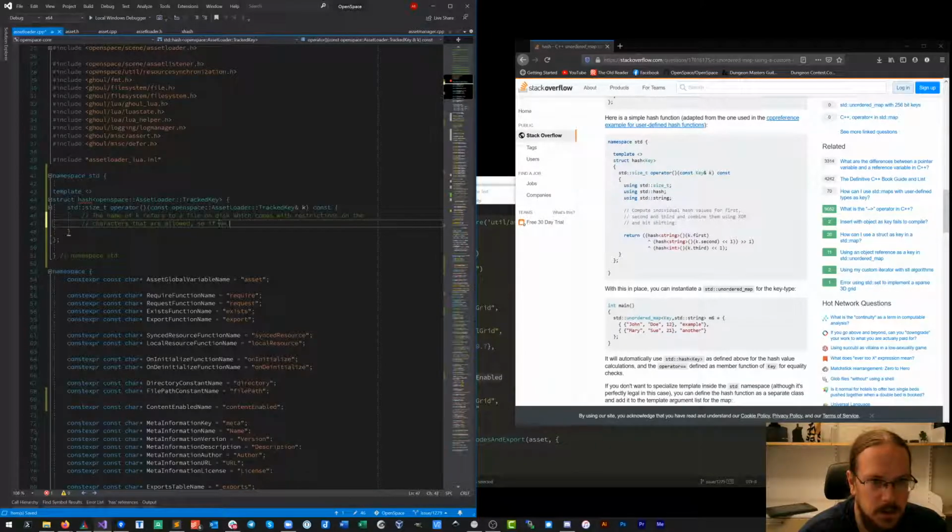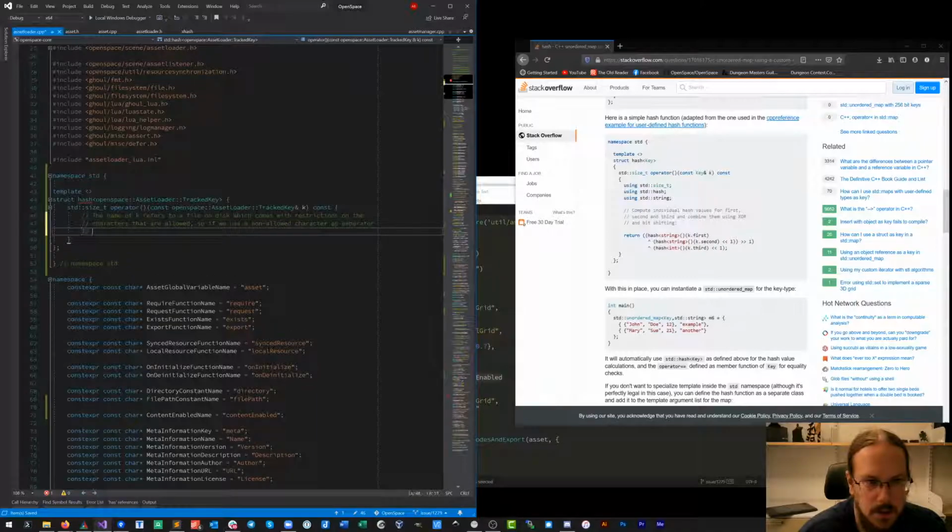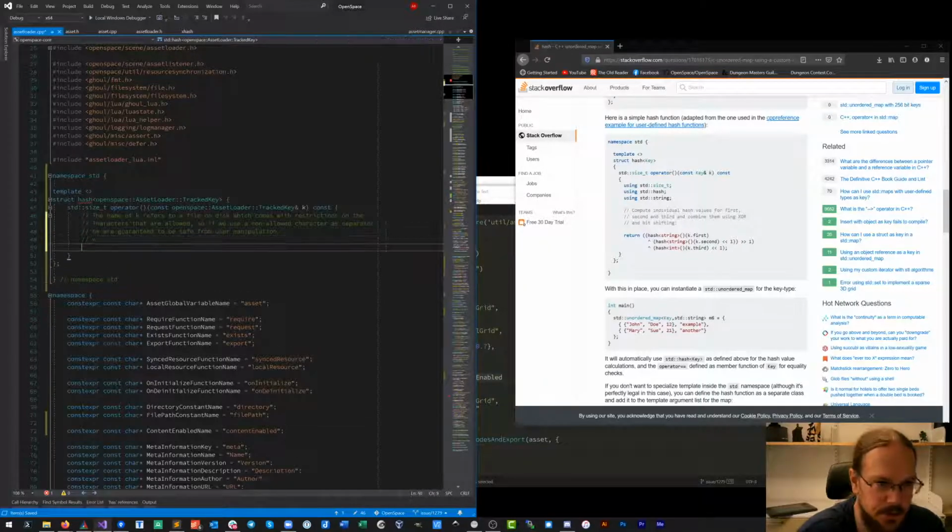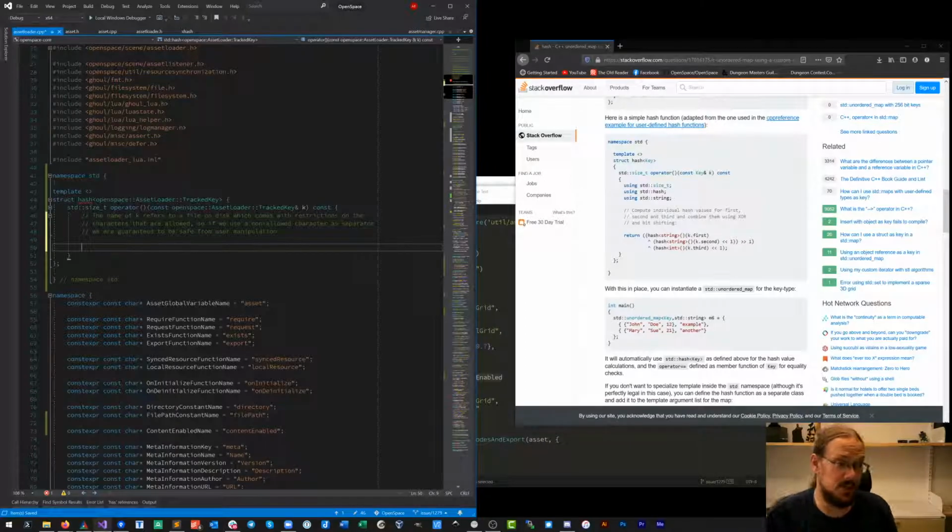So if we use a non-allowed character as separator, we are guaranteed to be safe from user manipulation, because no user can create a file that has actually the same character in it. So that's good.